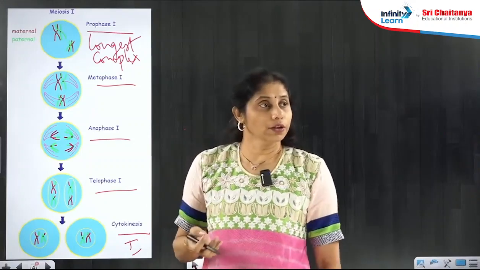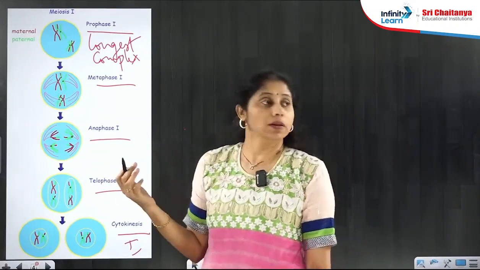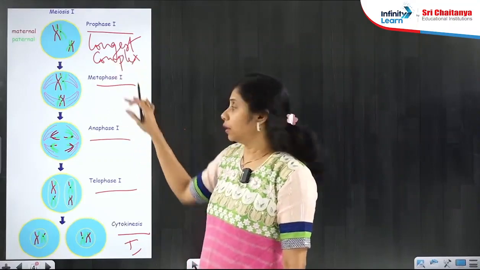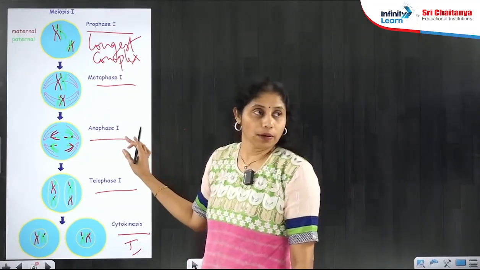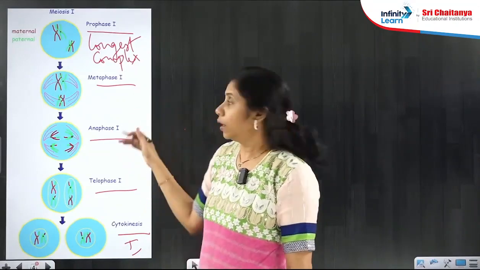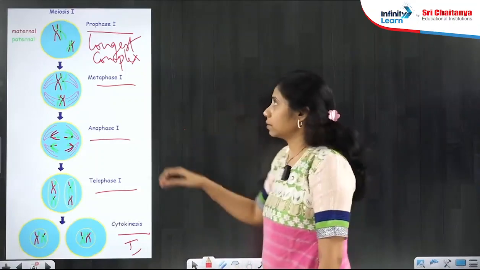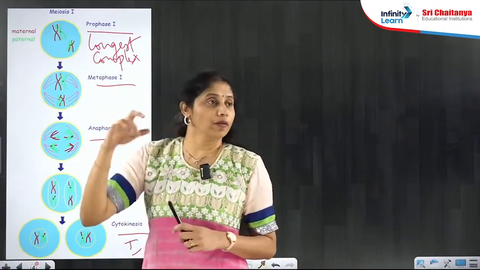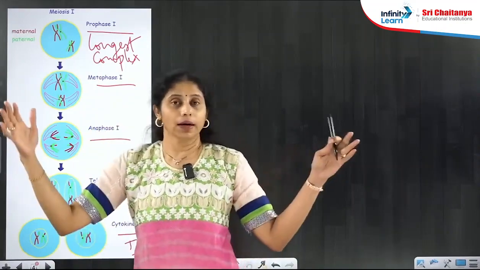Anaphase is shortest and prophase 1 is the longest. So the longest phase is the prophase 1 and the shortest phase is the anaphase 1, or generally anaphase is shortest and longest is the prophase. Now let us see in prophase where all the changes of prophase of mitosis you have learnt, like condensation of